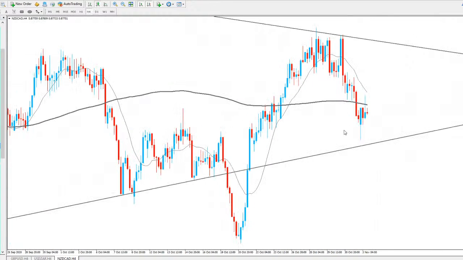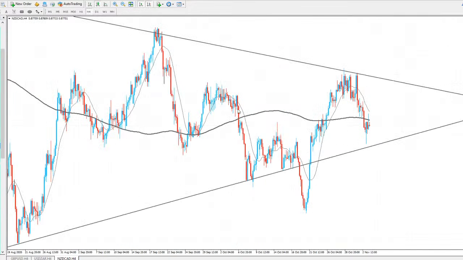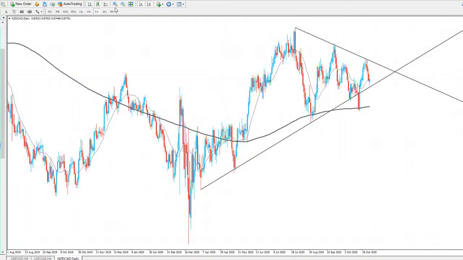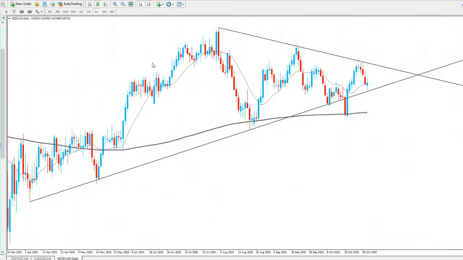And you can see in the 4H, we're actually almost at that same area as well. So again, we could be seeing price maybe finding support against that trend line and seeing another move back to the upside. And again, potentially go and test the upper trend line or finally break out to the downside or to the upside. Again, NZD CAD is not really clear which way it wants to break out. If we break to the upside, again, we do have highs up here where price could potentially reach, which could provide nice shorting opportunities on the lower time frames like the 4H or the hourly to take advantage of a swing to the downside.